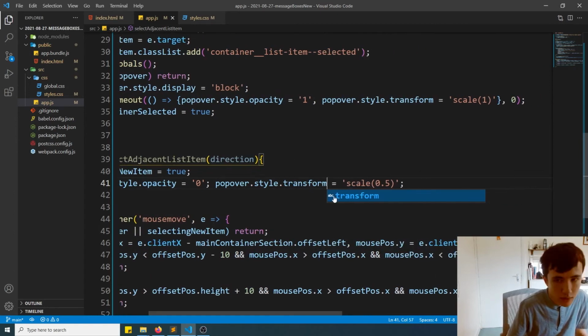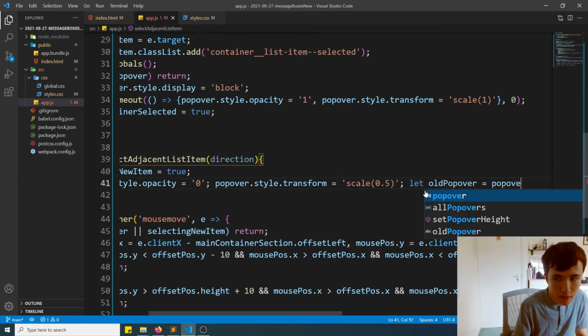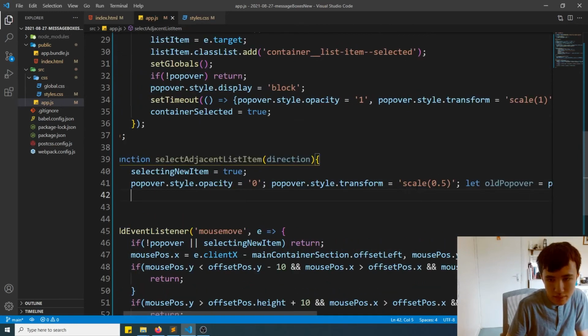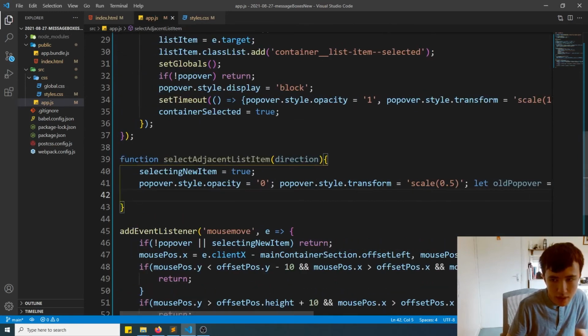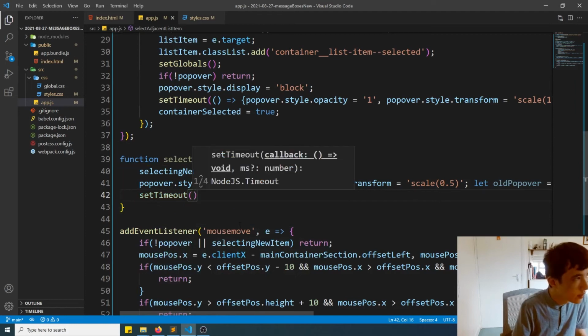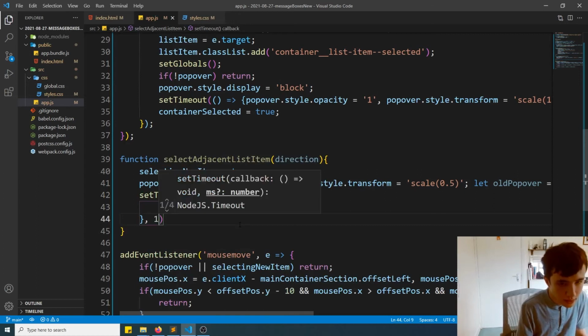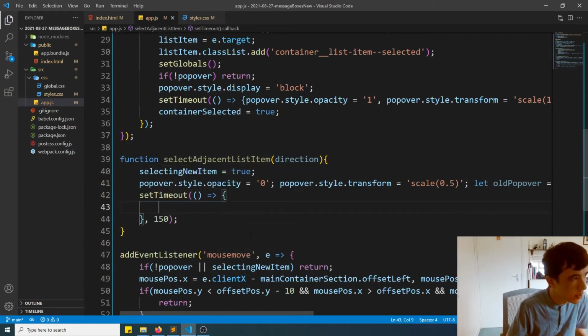We'll also initialize, because we're going to reinitialize popover again very shortly, but we'll get access to what it is currently with what we're doing here. That'll be contained in a local variable, let popover. The animation is 0.15 of a second, which is the same as 150 milliseconds. So when the animation is done, so 150 milliseconds, we will say